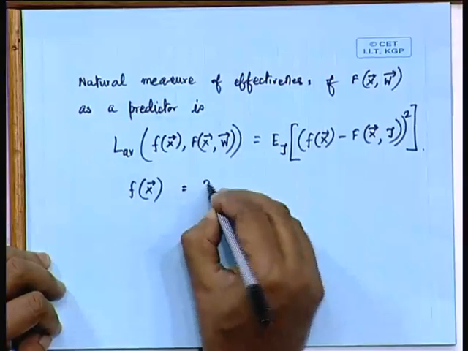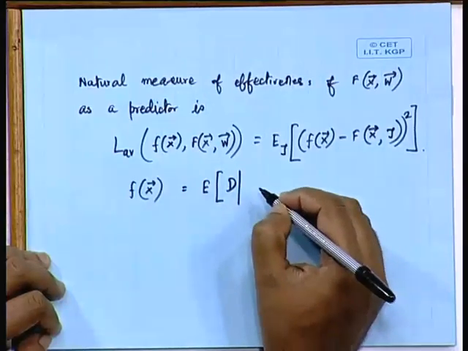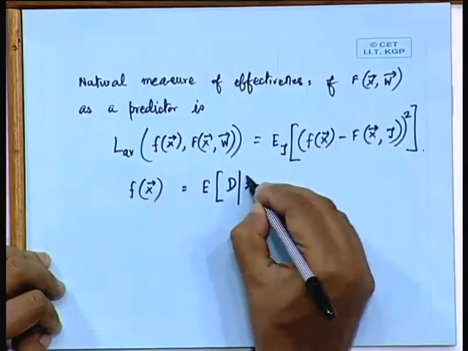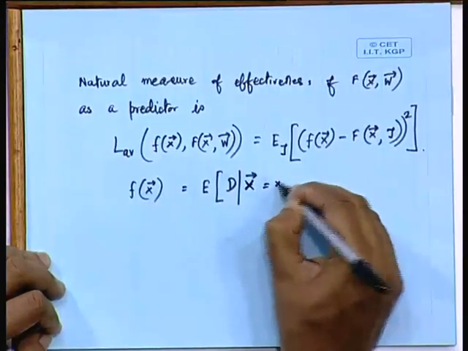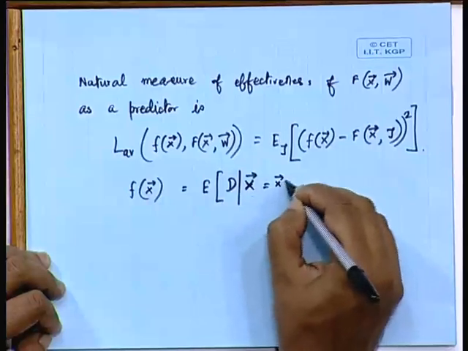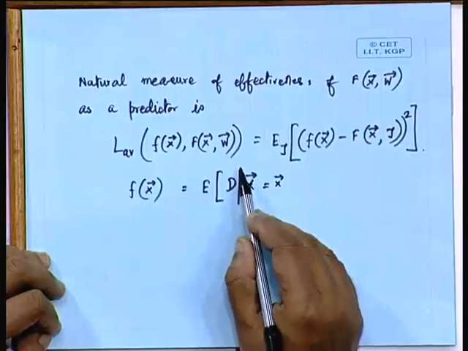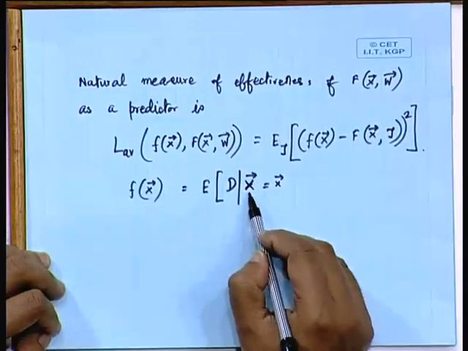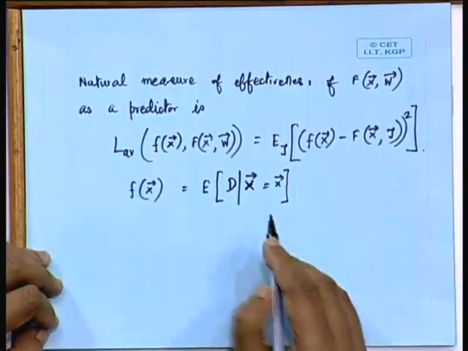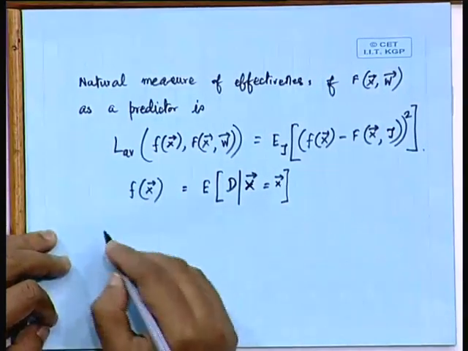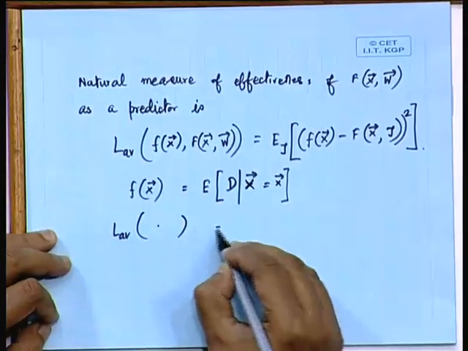We had already learned that f(x) is nothing but the expectation of the random variable d given the random variable x is equal to one realization, which is x vector. So, f of x vector is equal to the expectation of random variable d given random variable x is having an instance x vector. Okay. So, now if we use this, then the L average of this, I am not writing the full thing once again, is equal to